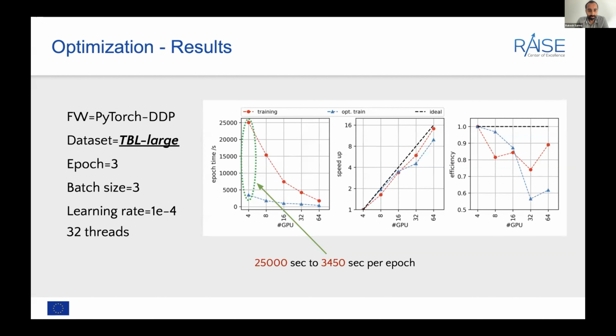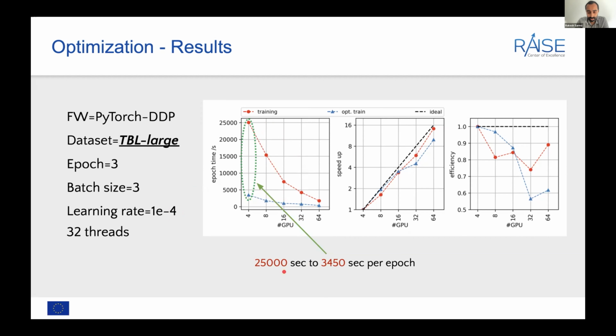So let's look at a few results from these optimizations that I was talking about. We gathered all the optimizations and looked at what really works for us, and this is the best available performance that we could get. This is again with the PyTorch DDP package, looking at the larger data set here. So basically with this 8.3 terabyte data set, with a small number of epochs, because here we just want to look at the parallel performance, and a few other parameters that we set here.